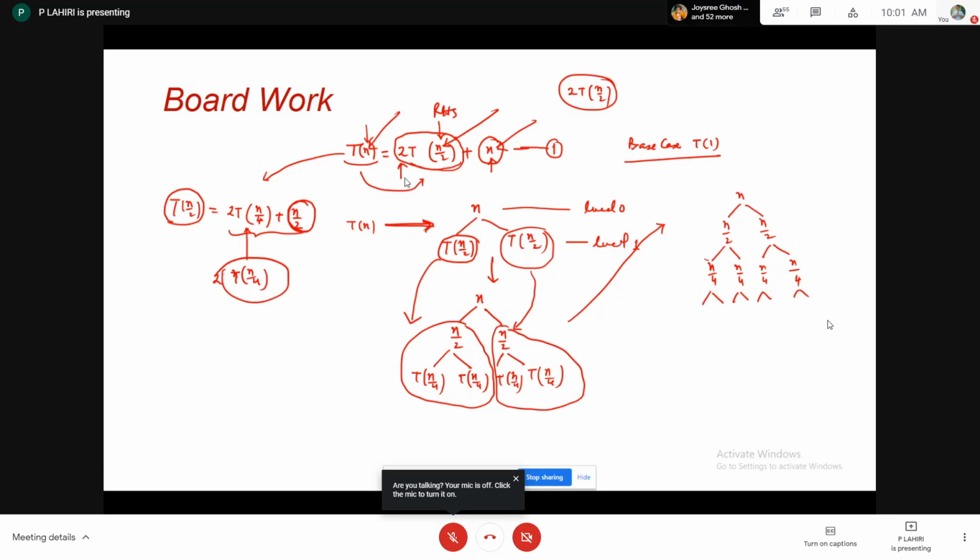Okay, so what is the base case prescribed? What is the base case prescribed? T of 1 equals 1, or the leaves. Somebody may say that T of 0 equals 1, whatever it is. So once you expand it, finally you will stop your call. You will stop your call whenever you get all 1 at the leaves. Okay, like this. Is that clear? Up to this, is it clear? Otherwise, I cannot proceed. Up to this, is it clear?